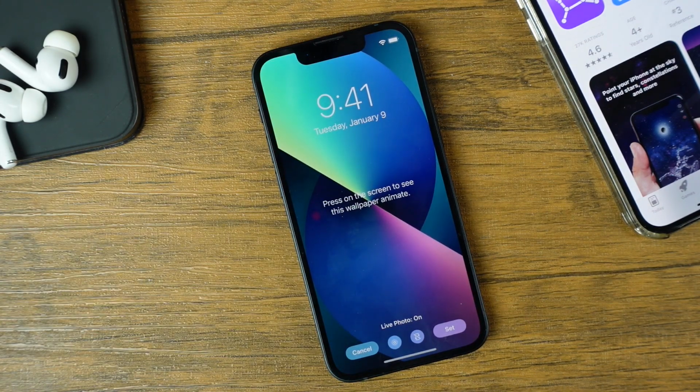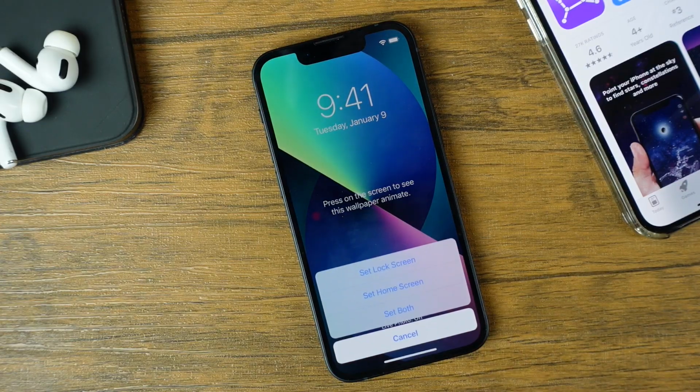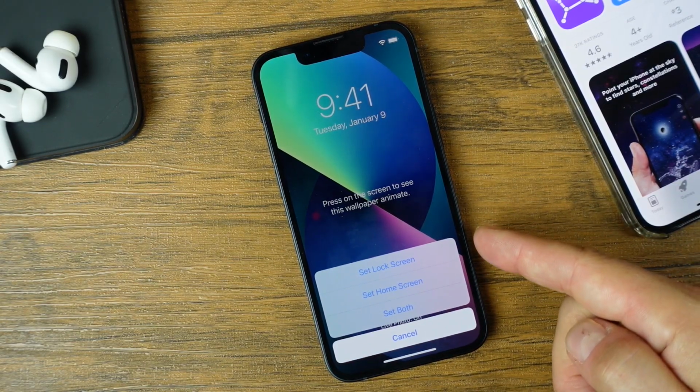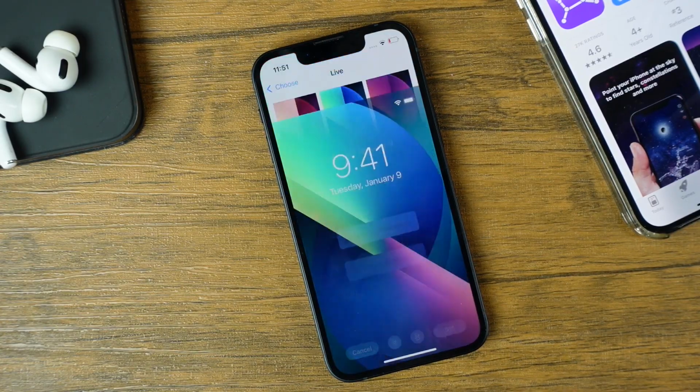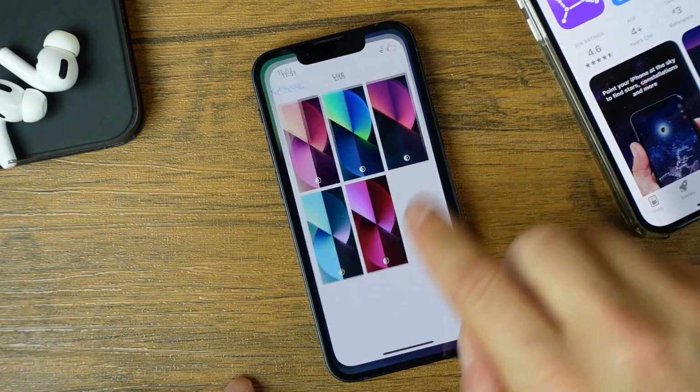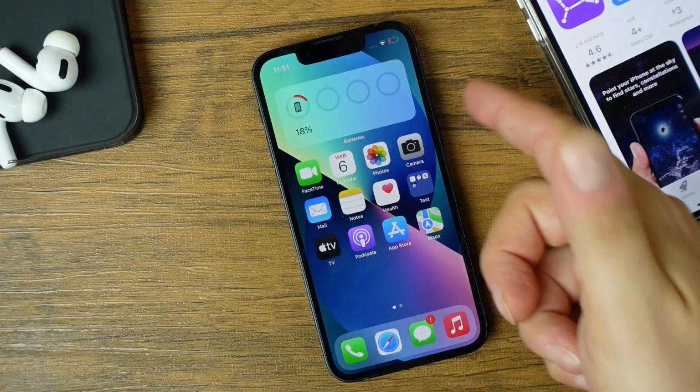So we're going to set this one. Live photo is on, and you can see that there. If we want this live option off, we would tap there to turn the live off, but we want it on. And we're going to tap set. We can choose to set it for just the lock screen, just the home screen, or both. We'll set it for both right now. Now it's set,